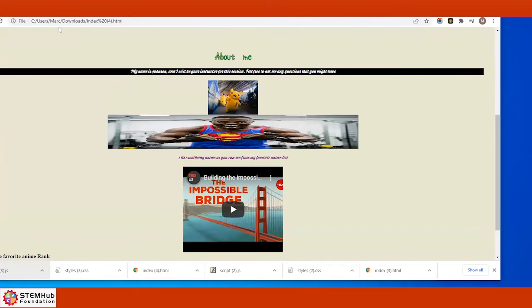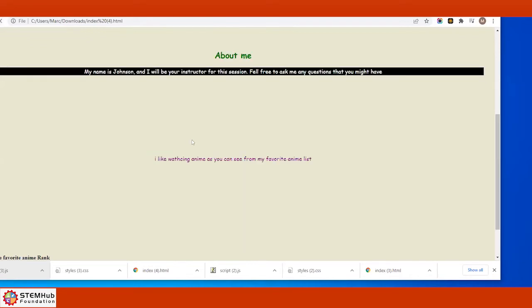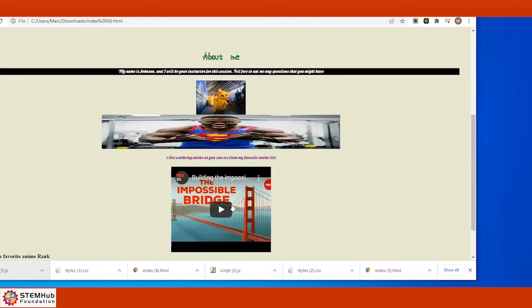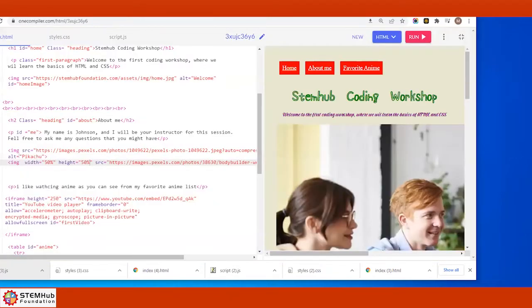The bottom line is, let me refresh. I don't know what it's doing here, but bottom line, it will change relative to the size of the screen. Now, I don't know why the height is not adjusting accordingly. Let's not worry about that. Oh, you know what I think it is? I think the height is not adjusting accordingly, maybe because of the style CSS. So let me fix that quickly right now. Let me flip this. I'm gonna do it inline style now. I think that should work. If I go like this, inline style. And then I'm gonna go like this.